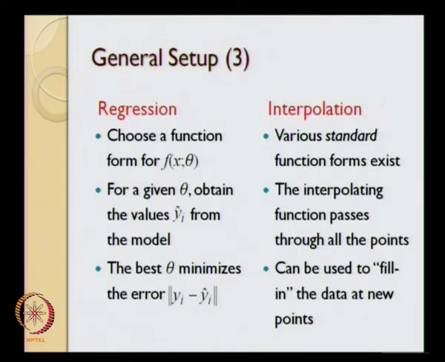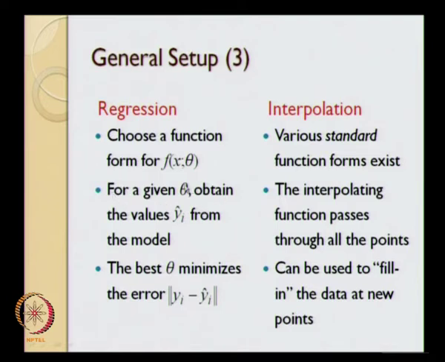Okay. So again, how are interpolation and regression going to be different from each other? In regression, what we do is we choose a functional form f of x. Now how do we choose the functional form f of x? For example, in the Arrhenius rate kinetics, the functional form we chose for the rate of reaction r was k multiplied by Ca, and for the rate constant k it was k naught, which is a frequency factor, multiplied by e to the power minus E by RT. That is how we chose the functional form of x.